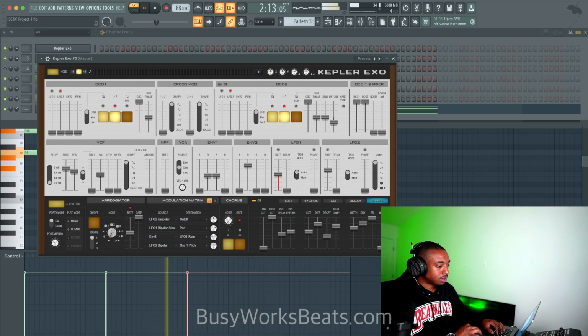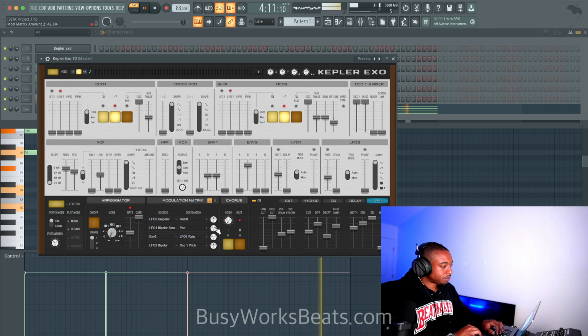So if I exaggerate this. Let's put it somewhere around 5 Hertz, and then put the value at 0.1 so it's not going nuts. Okay, so this is microscopic movement. 0.1% is the lowest I can go, so hit Control, left click, and drag. So the pitch is wobbling, but it's very subtle. So this sounds pretty cool.